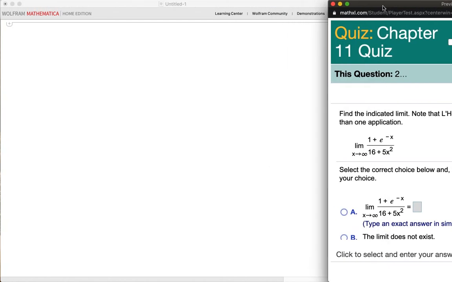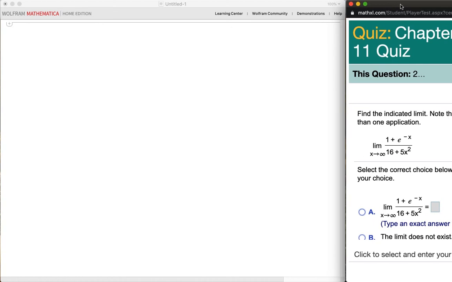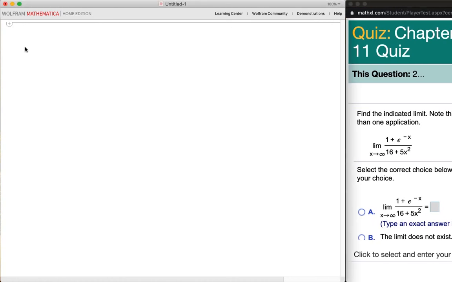Let me just move that over a little bit. Okay, so here's Mathematica. I have the Mathematica window, Limit, and remember the software is case sensitive, so if you begin the function's name with a lowercase letter, it's not going to work. All function names in Mathematica begin with an uppercase letter, okay? User-defined functions and user-defined variables can begin with lowercase letters, but all of the built-in commands and built-in functions always begin with a capital letter. So Limit